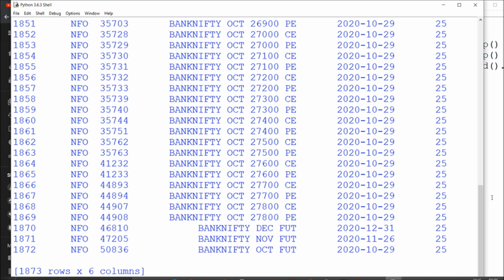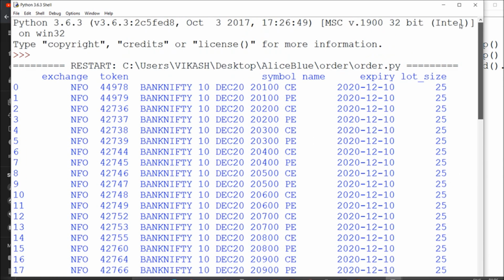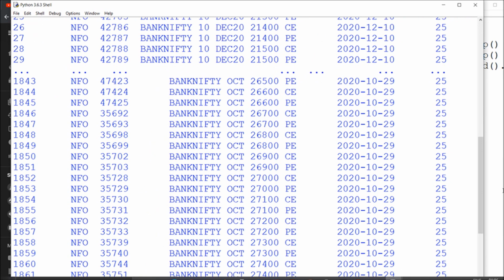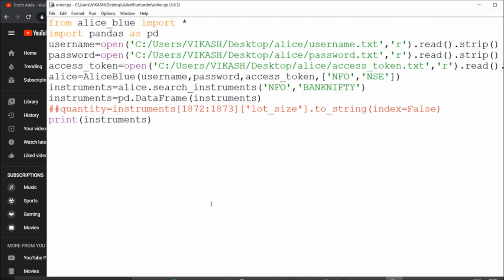What are the things you can fetch? You can fetch exchange, token. In this case we are never using token, so it is not required. Exchange, symbol, expiry, and lot size will definitely help. If you want to check whether the expiry is okay, and whether CE, PE is available or trading, you can fetch here and utilize as per your wish.